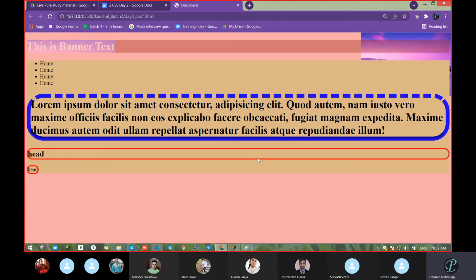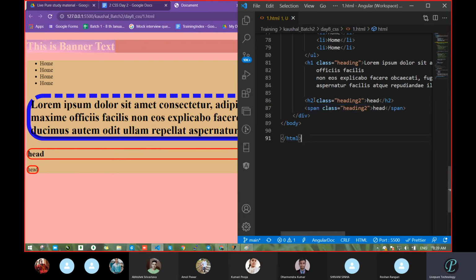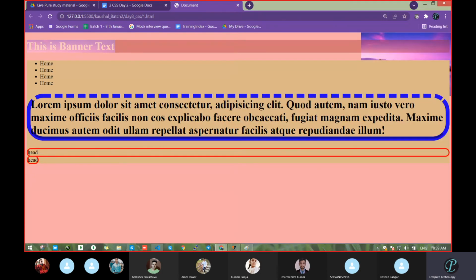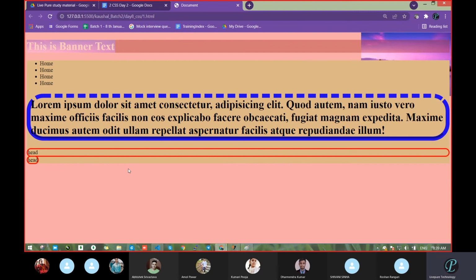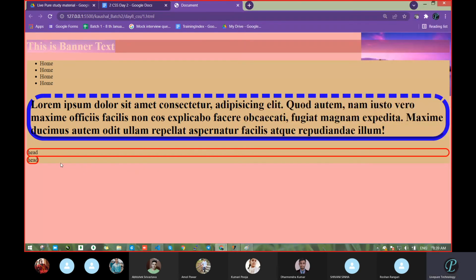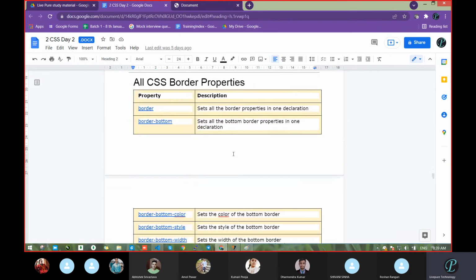Clear or not? Whenever you get a block level element, you will get output this way. Not only head, whatever is a block level element. Suppose a div itself. Remove this, pass a div. Let's see whether it's block level or what. See, in div, it occupied the full width of the screen. Got this? So this is the thing. You have to decide which tag to use and when. When you do not want to break into a new line, go with inline. When you want to break into a new line, go with block level.